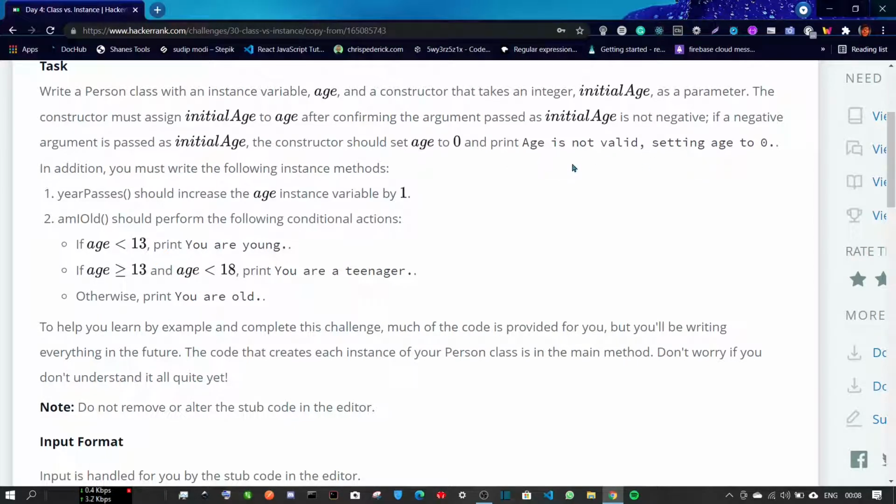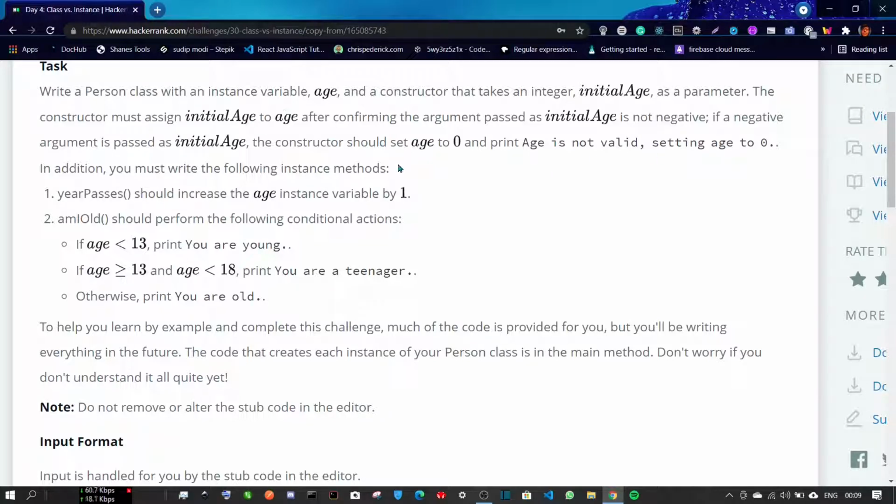So we are also preparing for the corner cases here. Suppose the age given by the user is negative, which is obviously false. Age cannot be negative. So we are tackling that corner case by printing that the age is not valid, and we are setting the age to 0.